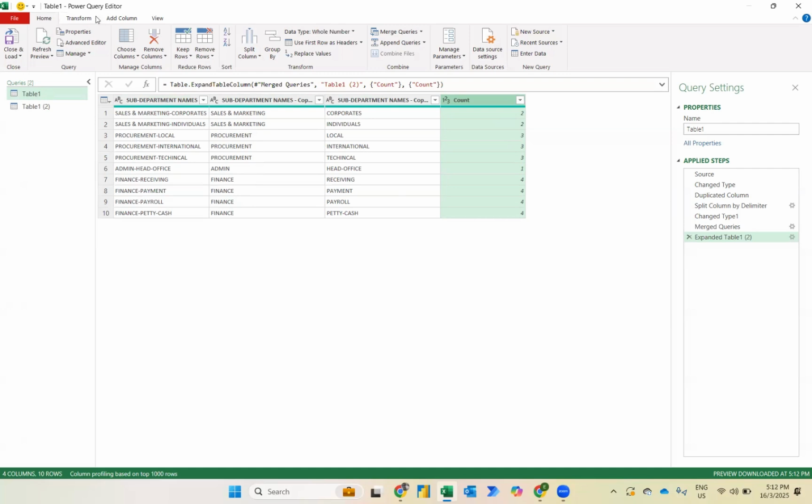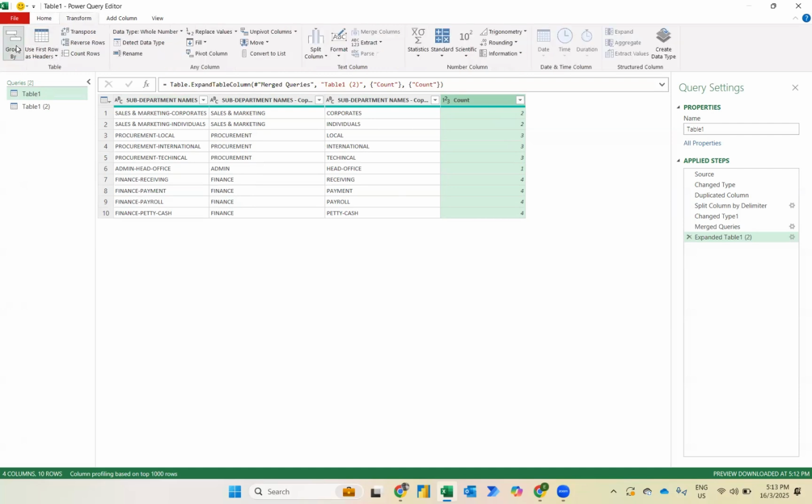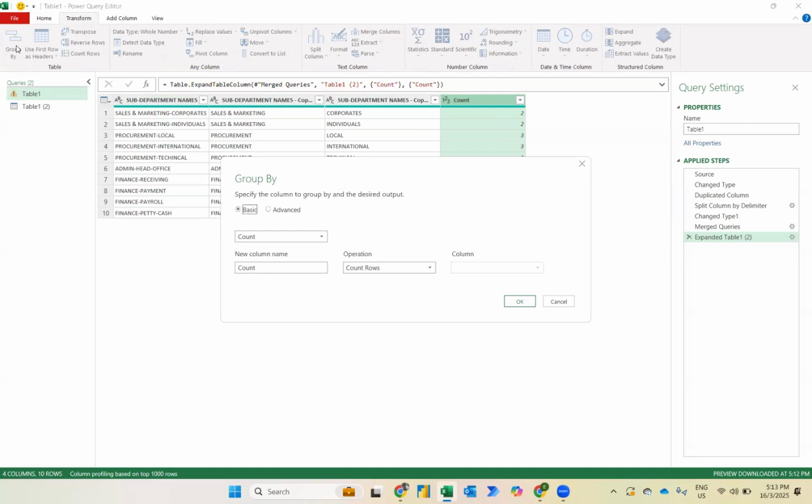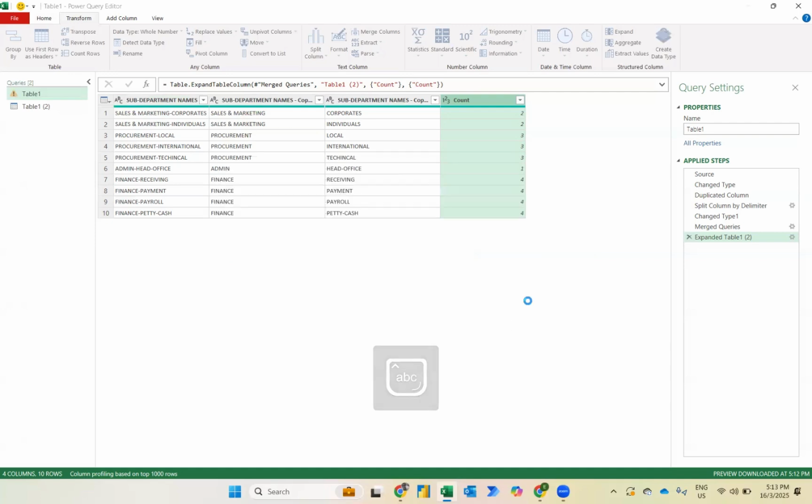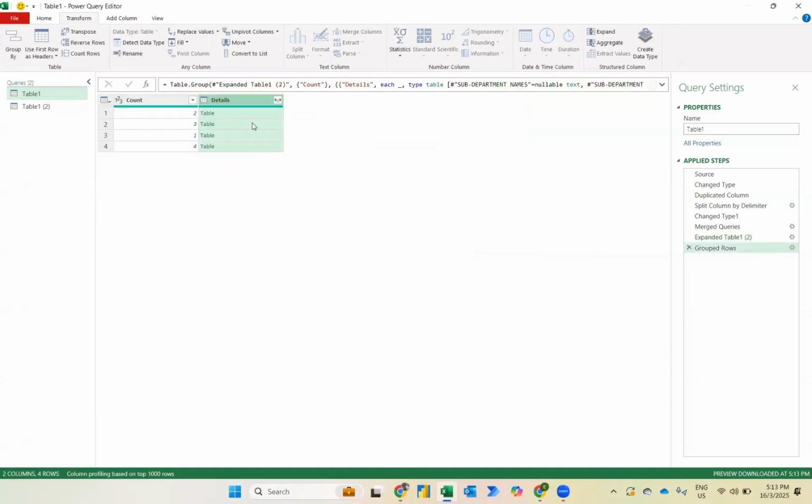In order to do so, I go to transform, I click group by. Once I click group by, I want to use count as the main particular column, and I want to choose all rows. So I click all rows and I put here the name is details, and I press OK. And just like that, you will have the information over here. So this is the count number 2, whereby we have this information of sales and marketing, and then we have